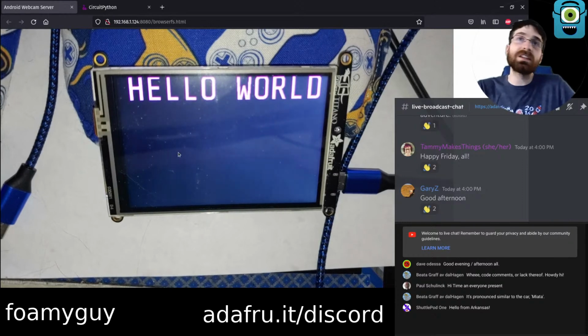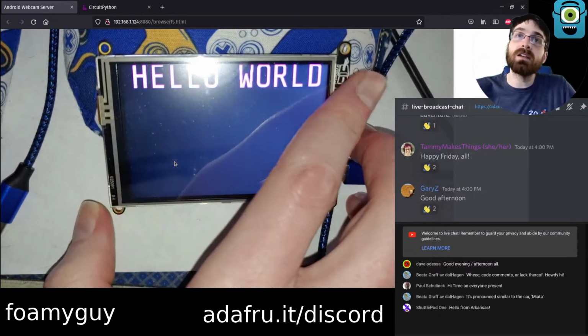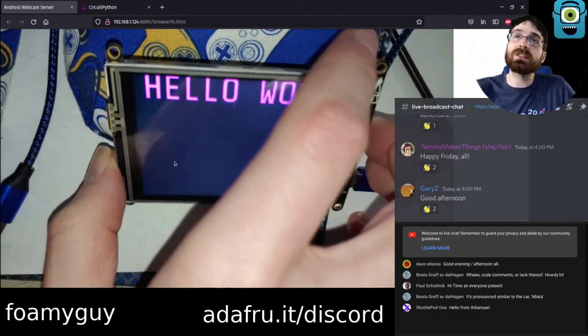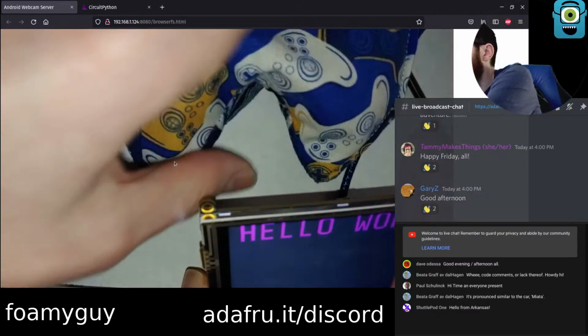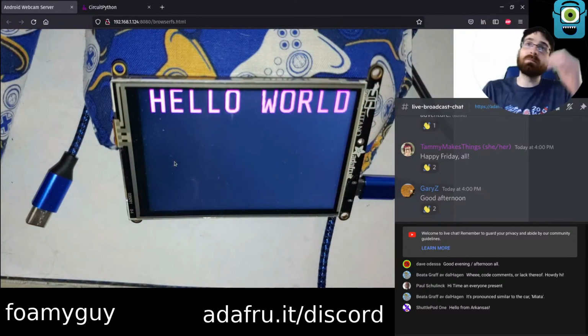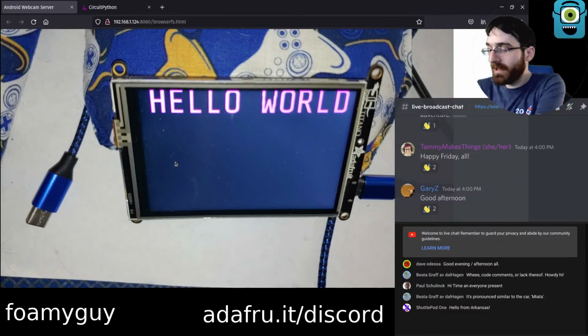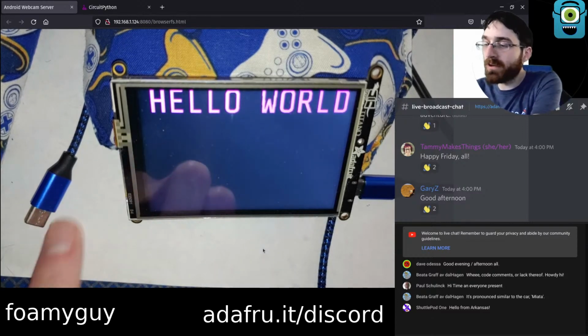Anyway, though, this one has a nice big built-in touch overlay. And we are writing code that allows us to make stuff on this display. Specifically, what I want to do today is make a new type of button. We have an existing type of button, but it's only really able to draw colored buttons.